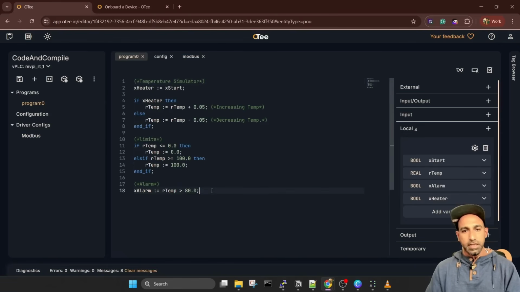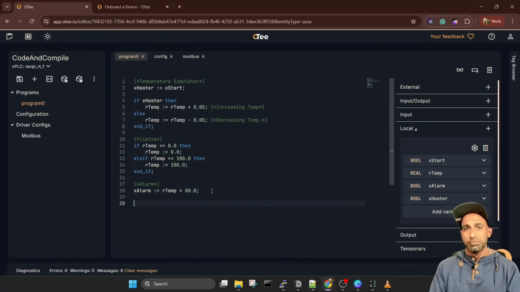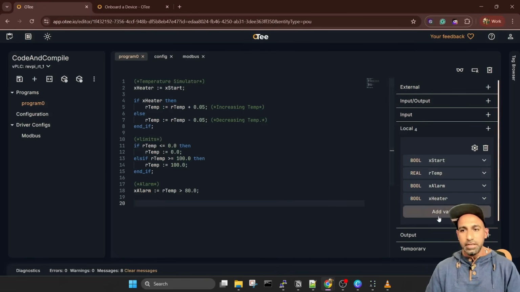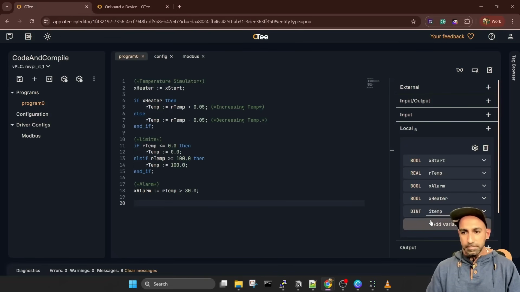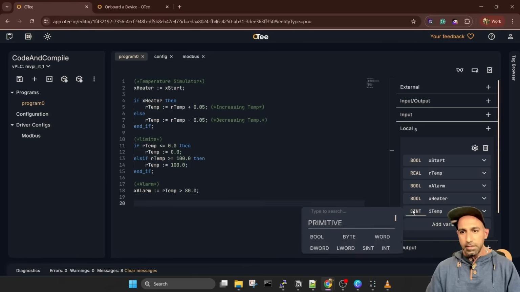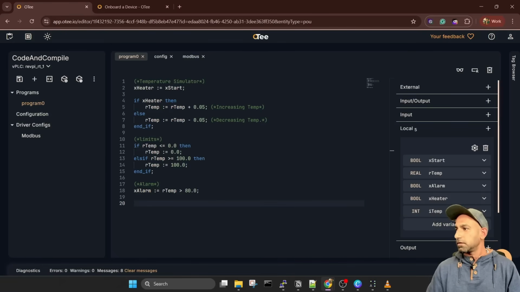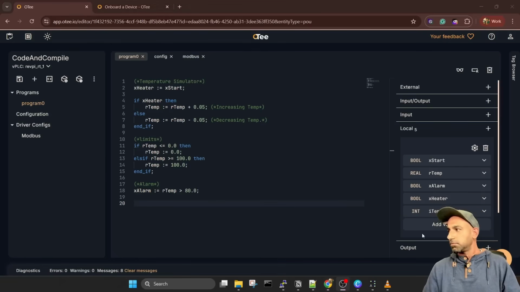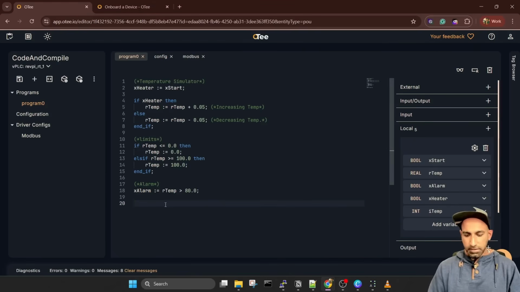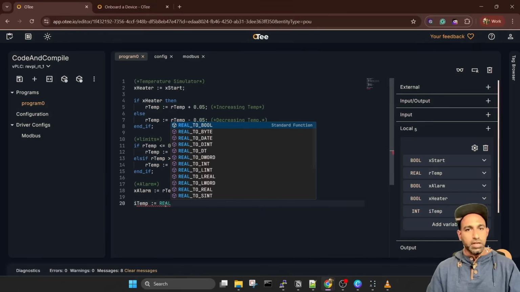In this case, I have my temperature value in real. I need to convert that. Don't worry. This editor will help you to convert that super easily. First I need to declare a variable, add a variable iTemp. You can use any name that you like, and I make it integer. I hope you can see it because of my camera. iTemperature, right? Now I will say iTemperature is equivalent to, just put real, and then you will see all of